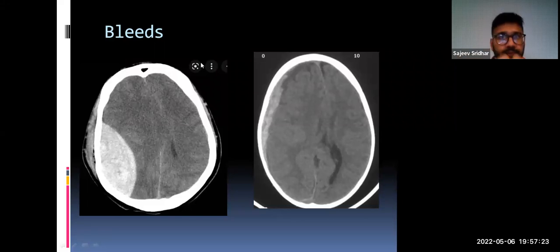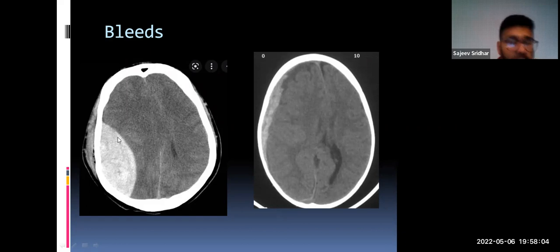Hyperacute blood will appear, funnily enough, less dense than clotting blood. The strange thing is chronic bleeding as well will appear less dense. So you need to distinguish between those two. The easy way to distinguish between those two is that if you have a hyperacute picture within the context of an acute picture, that is generally fresh blood. It's not chronic. There are exceptions to that, and we will get into those exceptions in just a moment. But in general, this CT cross-section on the left-hand side is a classical picture of an epidural